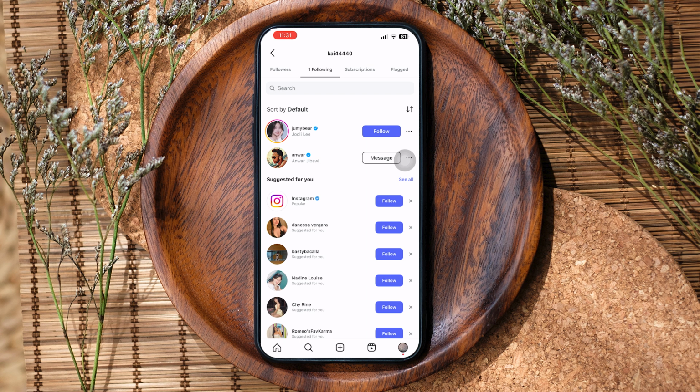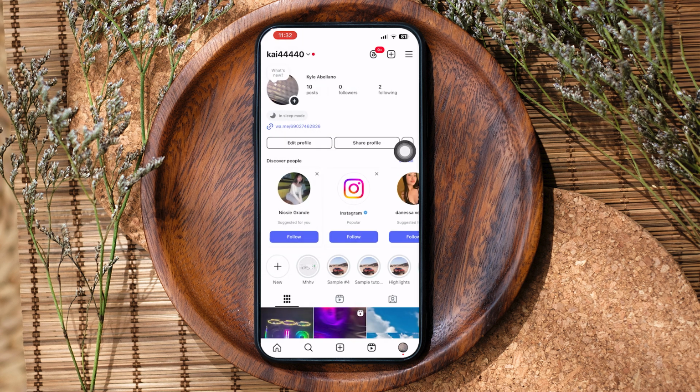So if you have a lot of users in here, then what you could do is basically do it one by one, because there is no direct feature here that would let you unfollow them all at once. But there is an alternative, and what you can do is go back and tap here on the